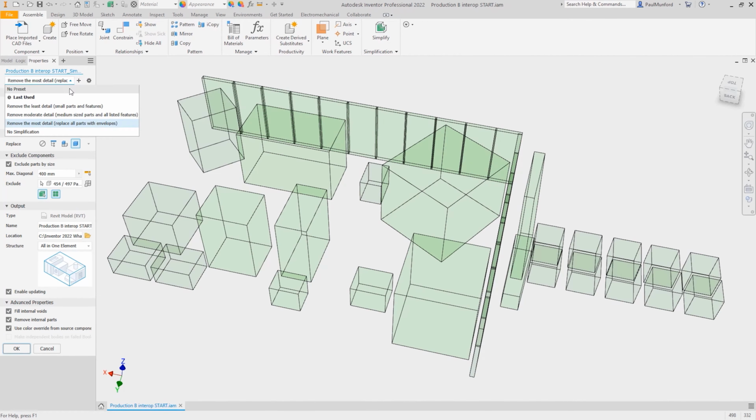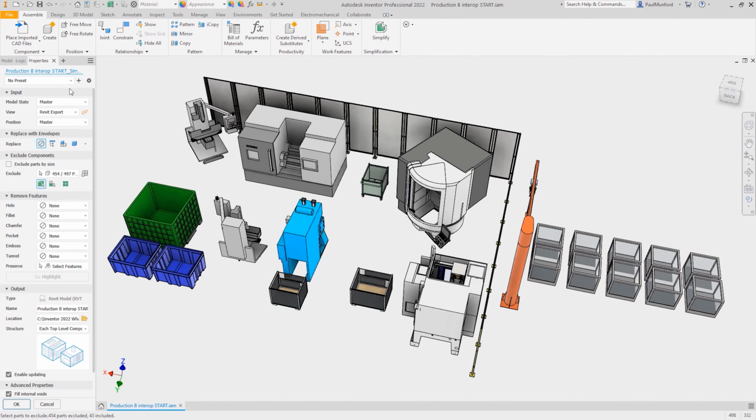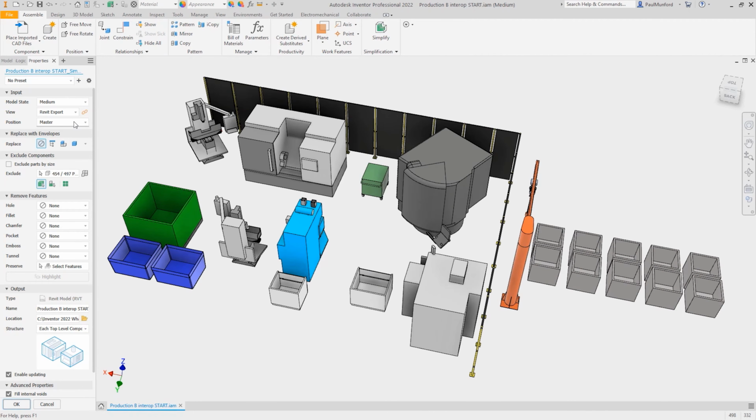Now I'd like to show you a different method of simplifying our model. Rather than using the top-down approach, simplifying our model after it's complete, we're going to show a bottom-up approach, designing our simplified state into our model as we go along. In this example, I've used model states in Inventor to create a simplified version of each component, which can be triggered from the top-level assembly. This allows the finest possible control over which features are exported to Revit and allows support for the inclusion of additional features, such as exclusion zone geometry.